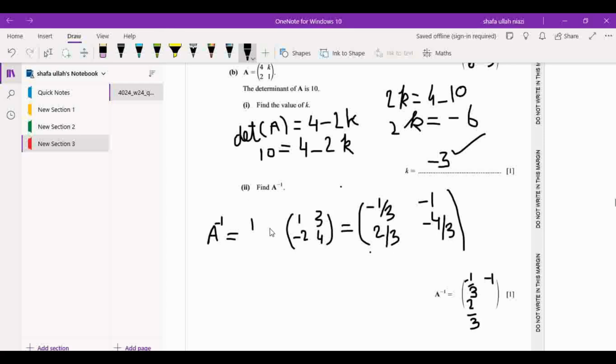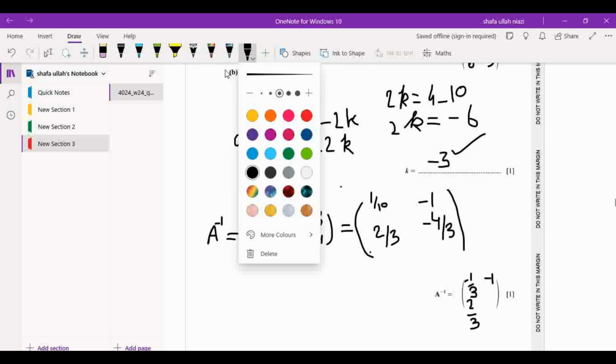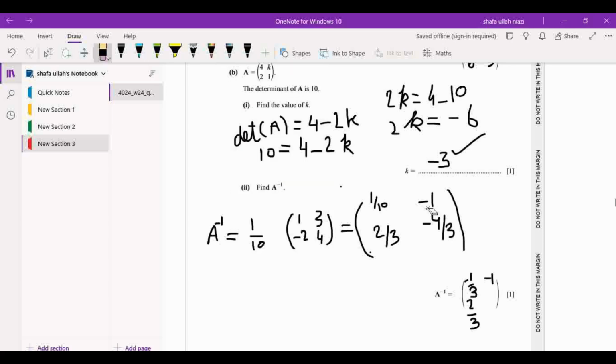Very sorry, this should be 10, so this will become 1 over 10, then this will become 3 over 10,